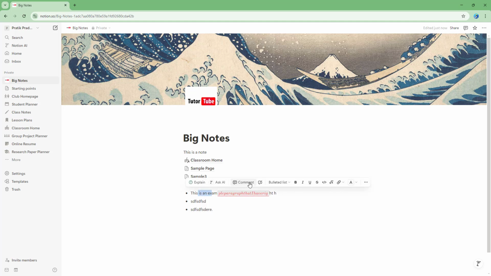So if I were to go around, you can see that I can also add in a link right here, change around the text color as you like as well, just like this, and change around the background color for the text, just by selecting these things as well. So this is how you can actually go ahead and then change the page text styles inside of Notion as